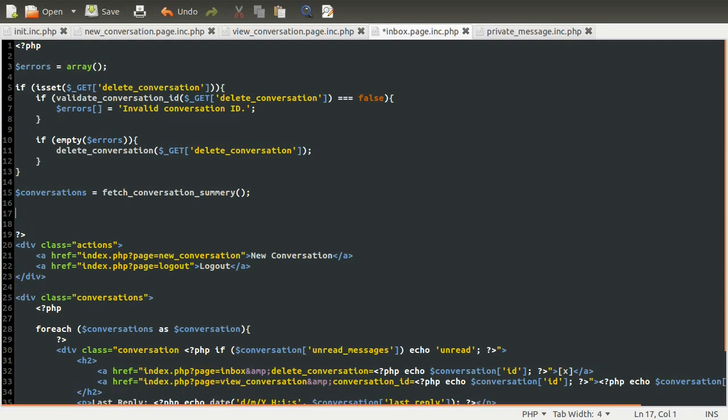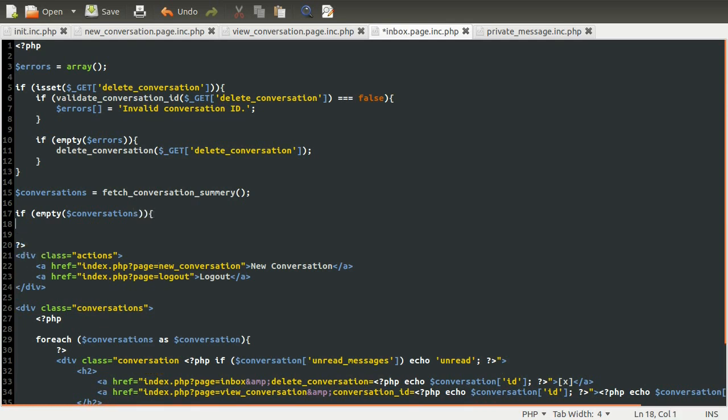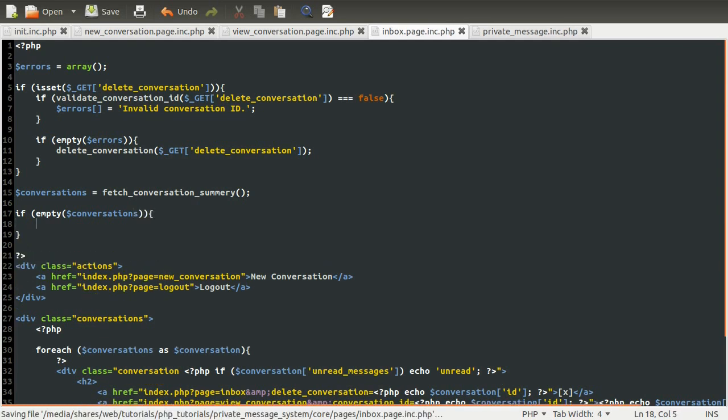So just underneath here we can do a simple if empty conversations, because we obviously need to get the list of conversations first. Also, something that I probably should have pointed out at the time is that this fetch conversation summary has to be done after the conversation is deleted. Otherwise you'll delete a conversation and it'll still appear until next time you reload the page. But anyway, it's not something you need to worry about massively at the moment. So anyway, I'm just going to add something to this errors array, which is going to be a string, which is going to say you have